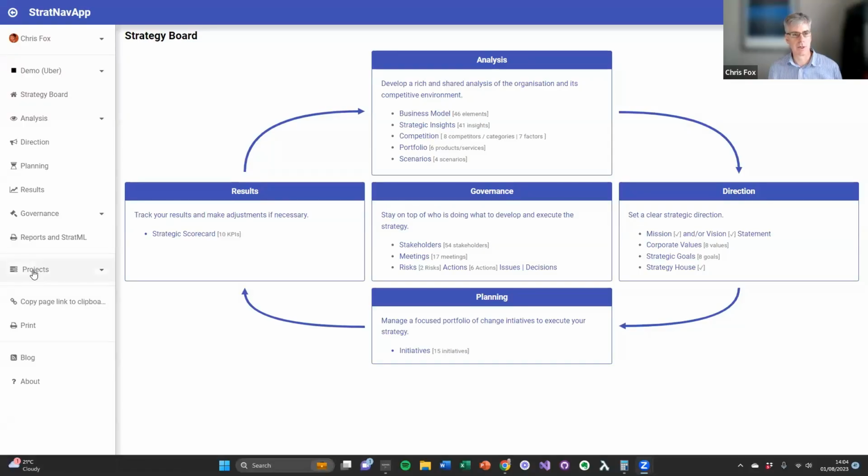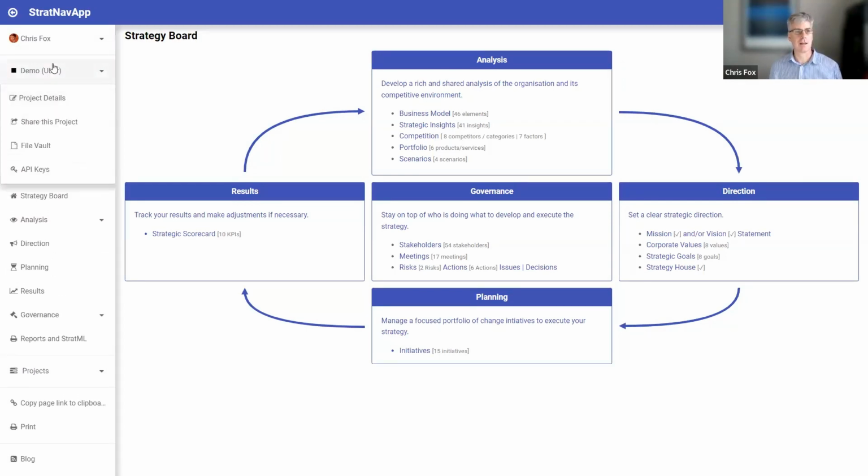To delete a project, there's a number of ways you can do it. If you've got the project open, so for example, I have this project open, which is a sort of demo project, so I'm not sharing anything too confidential. It's nominally a project about Uber. Don't read my strategic analysis of Uber because it was mostly done on the fly and it's mostly nonsense. But if you click on the name of the project and then select project details,